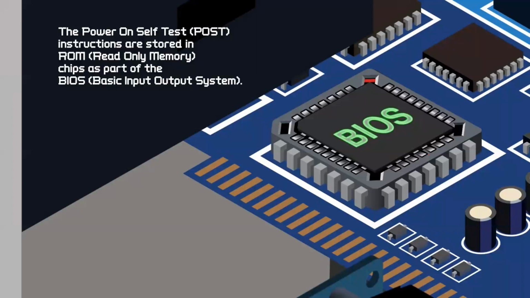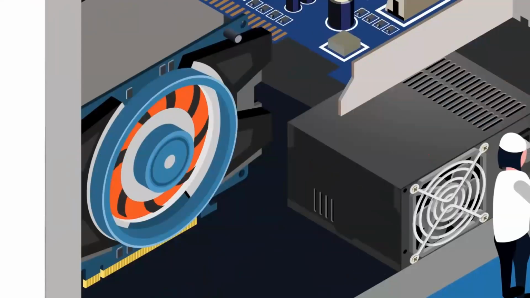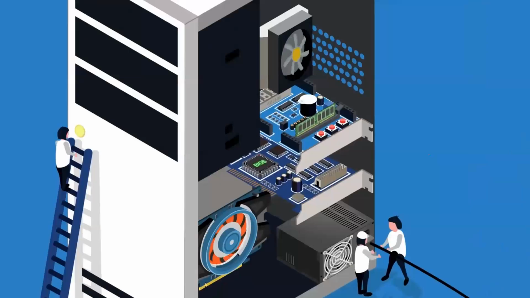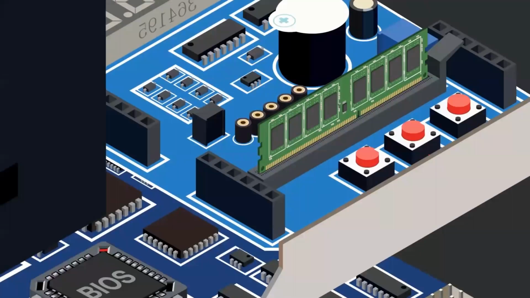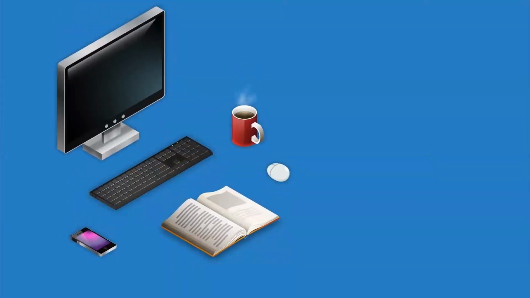The POST runs through a series of tests to make sure everything is working. Most POST sequences will have a combination of audible and visual messages to let you know what is and isn't working. These are the beeps that you generally hear when your computer is booting up. The POST checks your video card. At that point, you will see information from the POST on the screen. The POST then checks to make sure it can find a CPU and that it's communicating. Then it tests your RAM. This is a very basic check of whether it can communicate with your RAM. Now it checks for keyboard and mouse. Depending upon the type of keyboard you have, you might see the keyboard's lights flash.